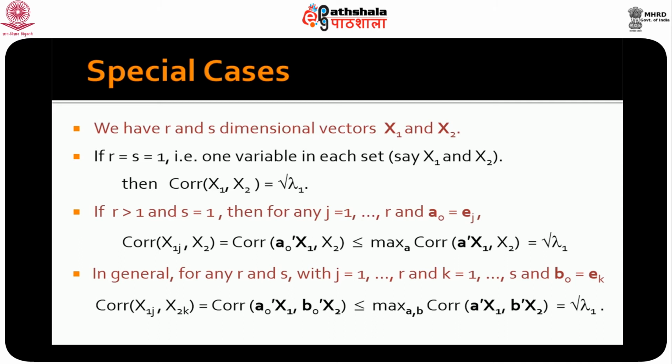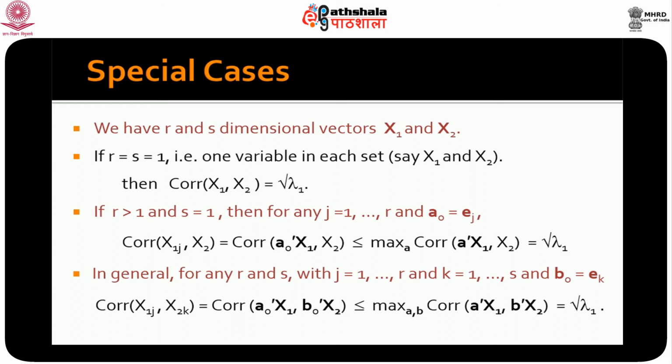So what does this tell us? This tells us that if we pick up any variable from the first set and compute its correlation with any variable from the second set, then this must be smaller than the first canonical correlation, which really means that if we go back and look at the general variance covariance matrix sigma, remember sigma is sigma 1 1, sigma 1 2, sigma 2 1 and sigma 2 2, where sigma 1 1 and sigma 2 2 are the variances of x1 and x2 respectively, whereas sigma 1 2 equal to sigma 2 1 prime is the covariance between the two